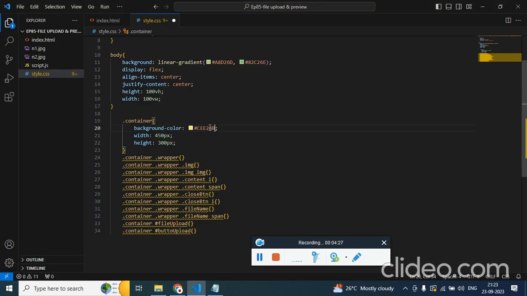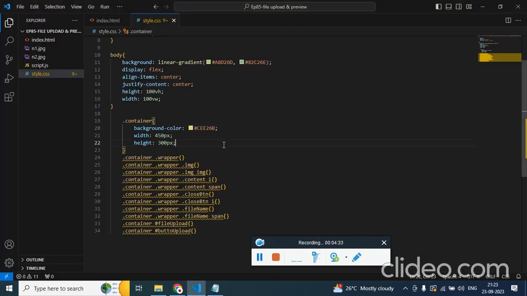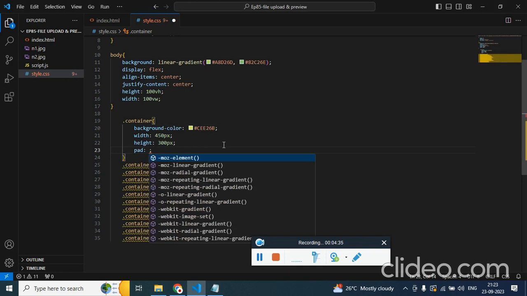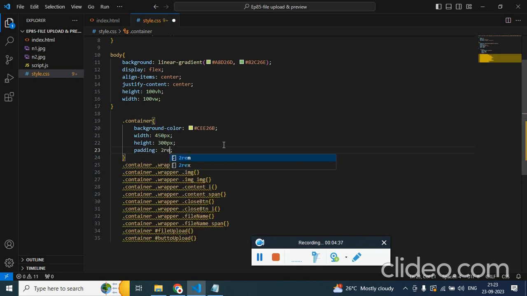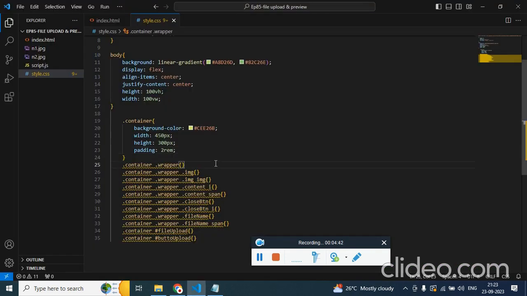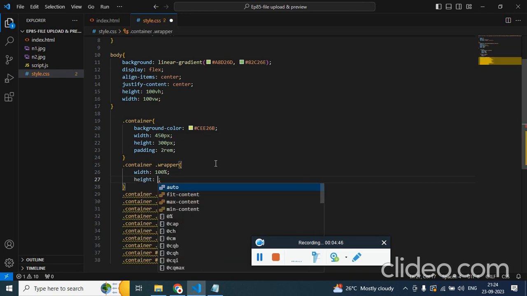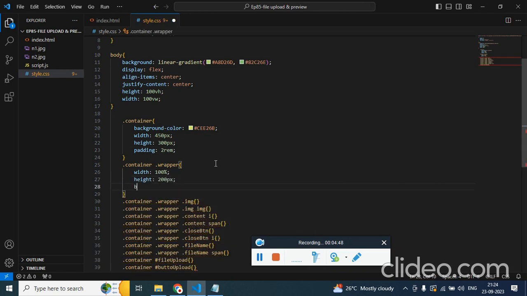Let's just try changing this color code and check. Cool, that looks cool. Now let's add padding to the container, 2 rem on all sides. Now for the wrapper, let's have width of 100% and height of 200 pixel, and let's just give different colors to see